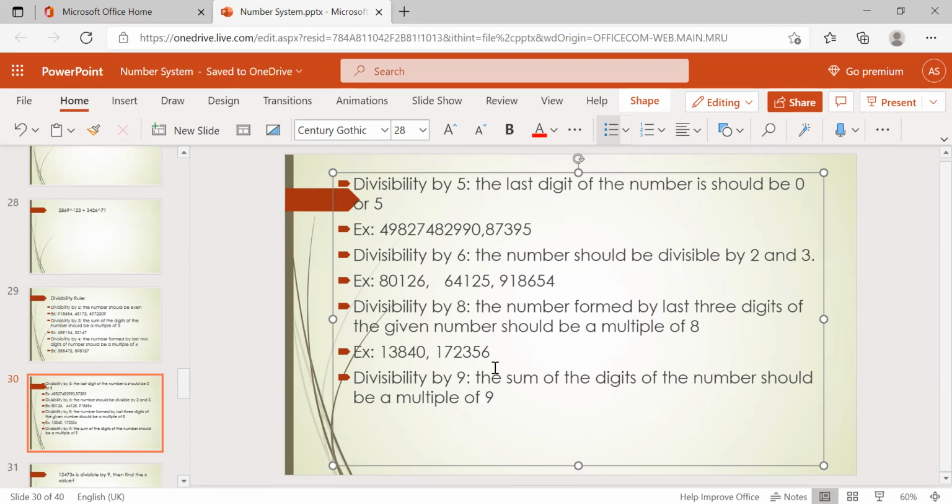See, here we can find out one more thing. A multiple of 9 means whatever the number, the sum of its digits should be 9 only.